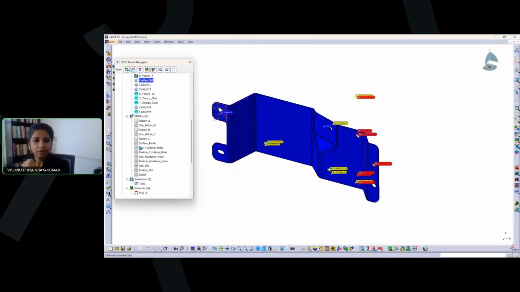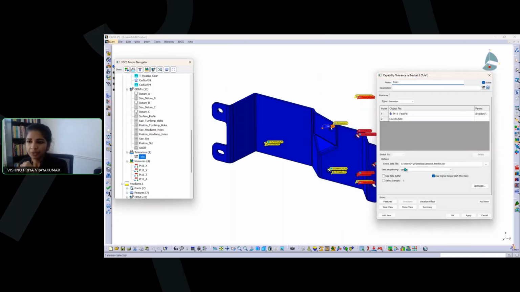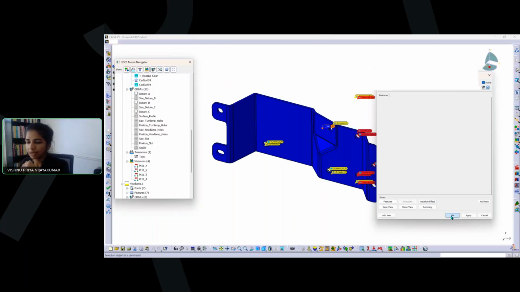If I have a capability tolerance defined, this is a very simple example where I have a point and I have loaded the data. The sample is from the XYZ and also from the associated direction of that point. I have around 25 samples created. With that added, I now have this new setting that says use sigma range turned on. And now if I go ahead and run the analysis,